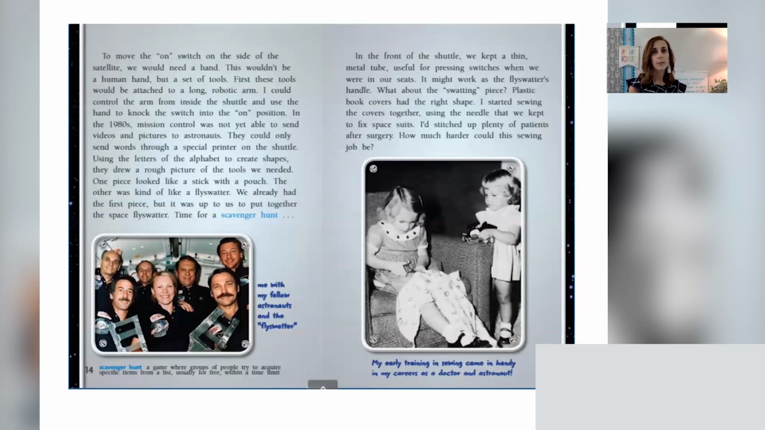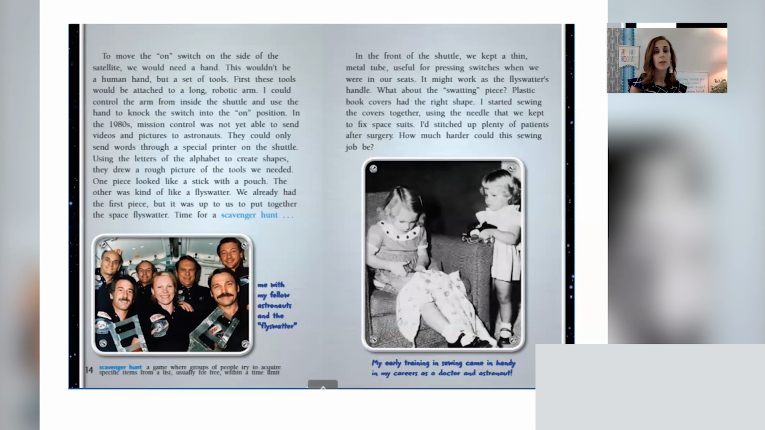To move the on switch on the side of the satellite, we would need a hand. This wouldn't be a human hand, but a set of tools. First, these tools would be attached to a long robotic arm. I could control the arm from inside the shuttle and use the hand to knock the switch into an on position. In the 1980s, Mission Control was not yet able to send videos and pictures to astronauts. They could only send words through a